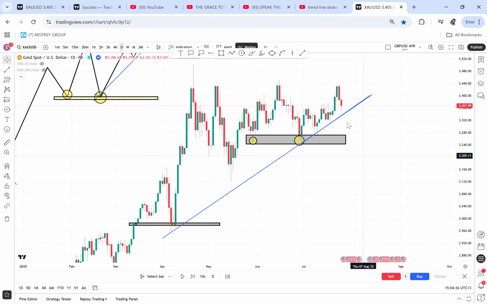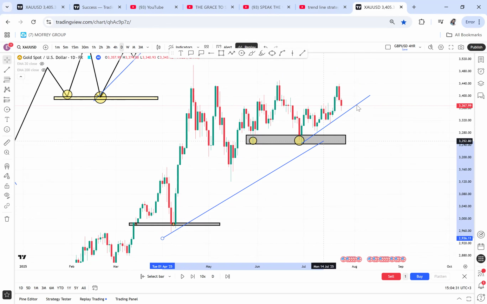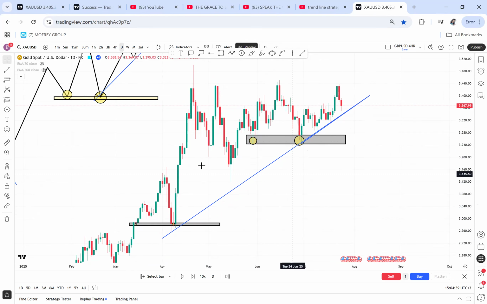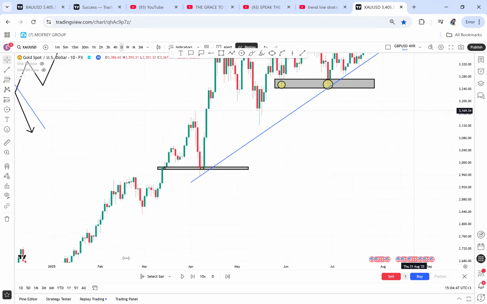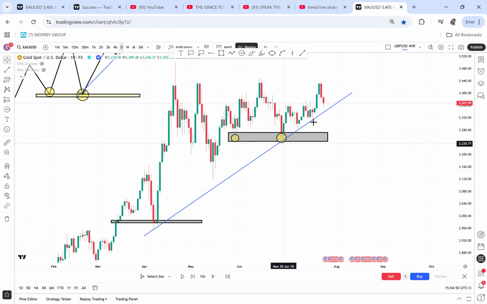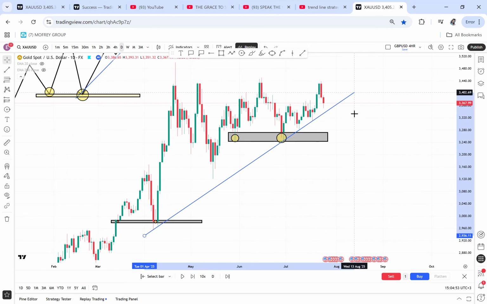So you can imagine, even if someone marks out this double bottom and they connect with the second double bottom, they will get the same thing. If someone didn't see the first one, they connect, they will still get the same thing. Okay, so that's what we have. So we have 1 touch, 2 touches, 3 touches, 4 touches. This trend line is